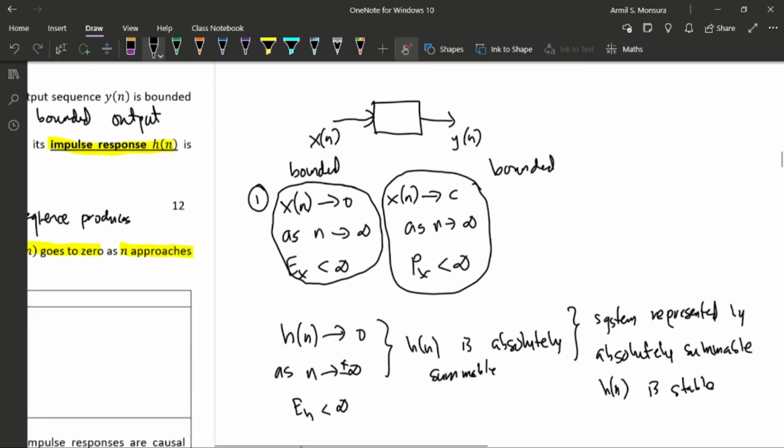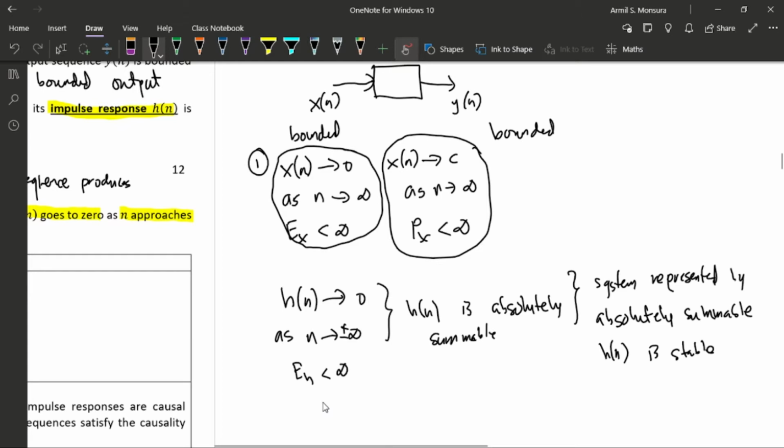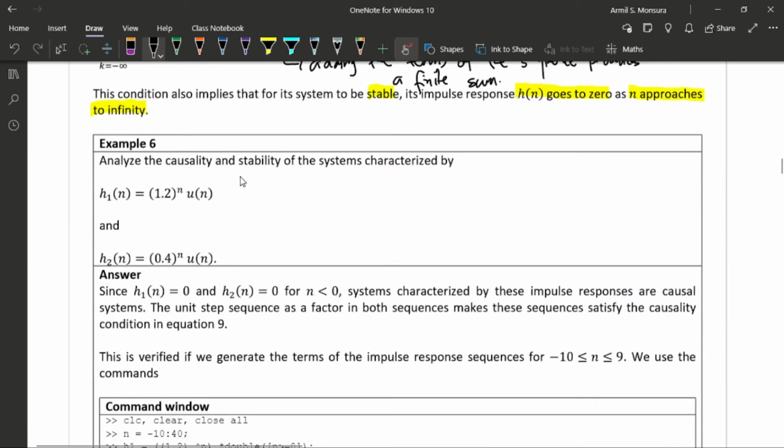Stand natin dito. Okay? So, if your h(n) is actually an energy sequence, we can say that your system is stable. So, let's take a look at example 6. Let's analyze the causality and stability of the systems characterized by these two sequences. Now, in terms of causality, it would be very easy for us to identify that both systems are causal. Mainly because both sequences have u[n], or unit step signal or unit step sequence,